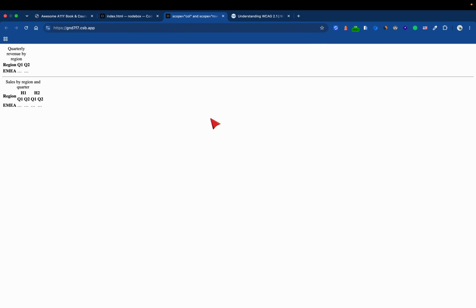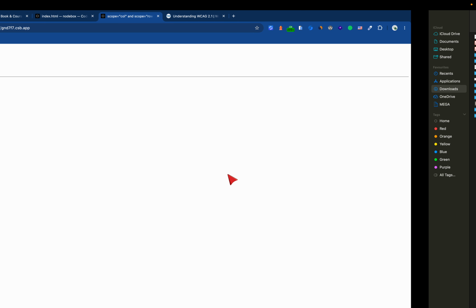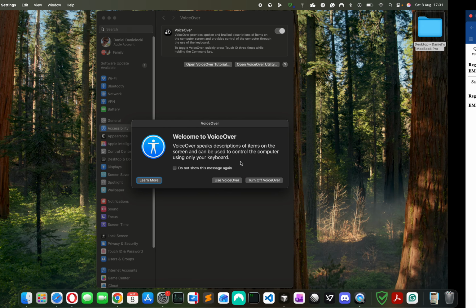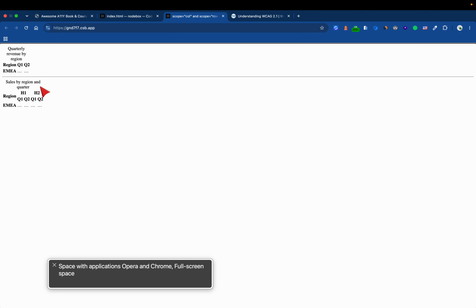And we can see also with screenreader if you want. Op. Welcome to VoiceOver. Sales by region and quarter. Group. Leaving scope sales by quarter. You are currently HTTP scope quarter sales by region HTTPS sales by region and quarter group. Scope equals scope equals column scope equals row scope equal sales by region and region spans 2 row H1 row